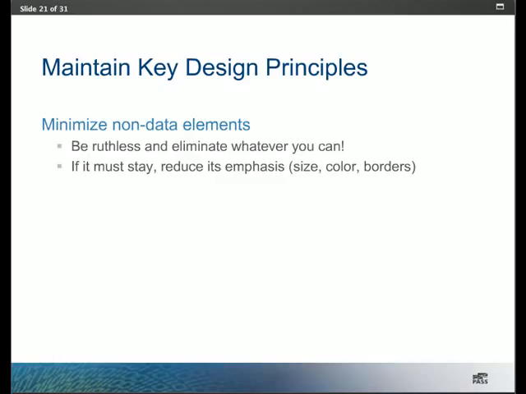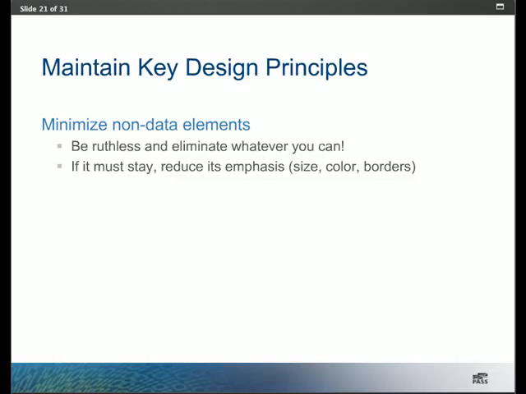The things that are important would be noticeably a different weight, bold versus not bold, and maybe a slightly different color. If you have borders around things, that is an emphasis statement, so we would remove borders from anything that we can. If it's not data, minimize it or get rid of it.